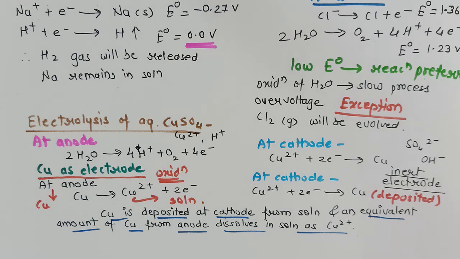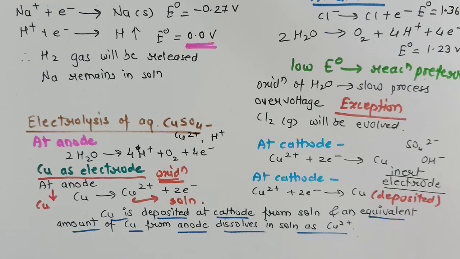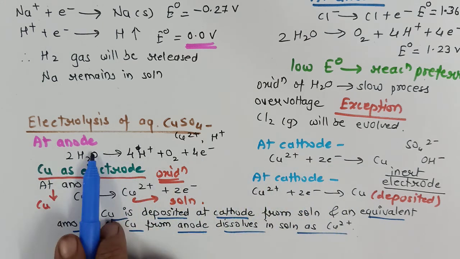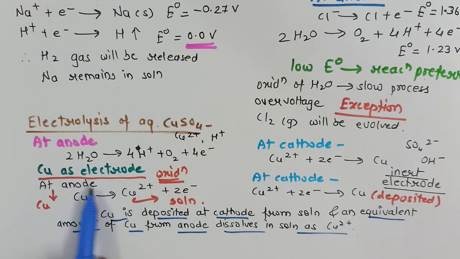So whenever a question comes in your board exams to identify the products of electrolysis, you have to remember two conditions. First one, if it is aqueous, then there will be two cations and two anions. Then we have to choose which cation and anion will be reacting at cathode and anode. That depends on the discharge potential or the reduction potential. Secondly, we have to look at the electrode. Suppose it is an inert electrode, then the reaction will be different, and suppose we are using metal as an electrode, then the reactions will be different.